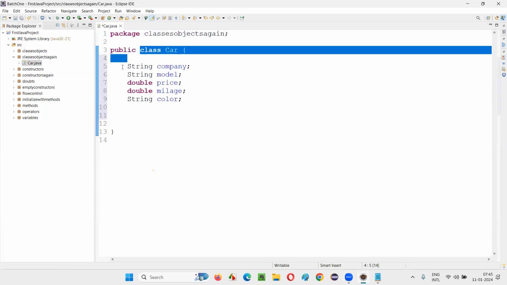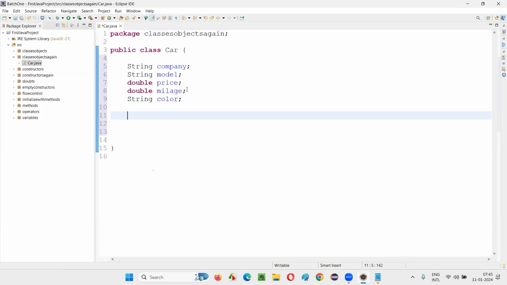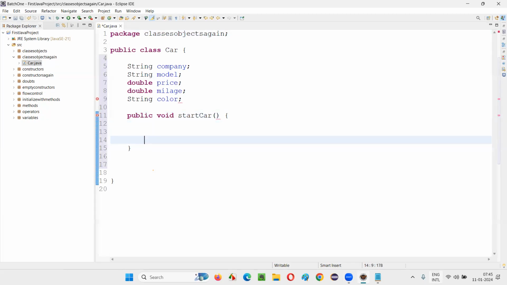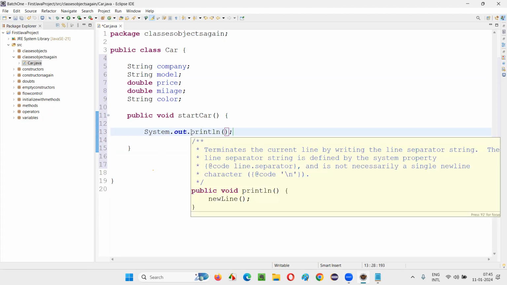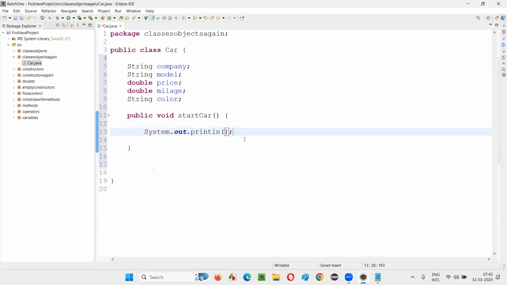A class will contain variables and methods. These are the variables and methods I'm going to create. Public void startCar is one method. And inside this method, I'll write a print statement saying system.out. You see, you can write syso, control space, and you'll get that. Car having company plus this company, and model.